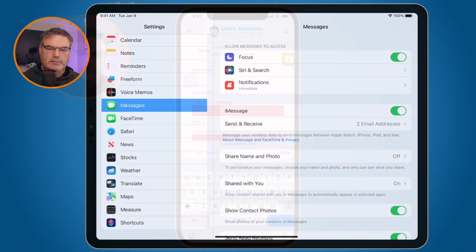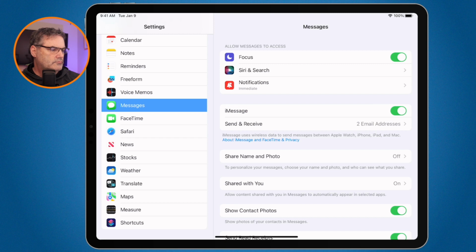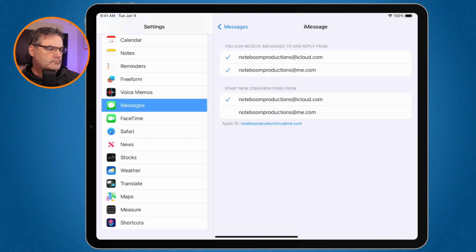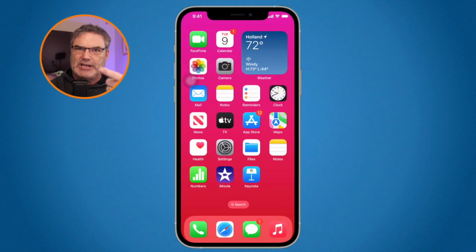I have a question on this. I had a client today that was setting up a new iPad. I set it up for him, but in the drop-down of the accounts, I could only get iMessage from his email address, which was his Apple ID address. It didn't give me the opportunity to use a phone number on the iPad. No, and you're going to see I do not have a phone number on my iPad either. Okay, so how do you get it from the iPhone? That's the next step. When I go over to my iPhone, we'll follow the same steps, and then there's one other thing that we have to do.